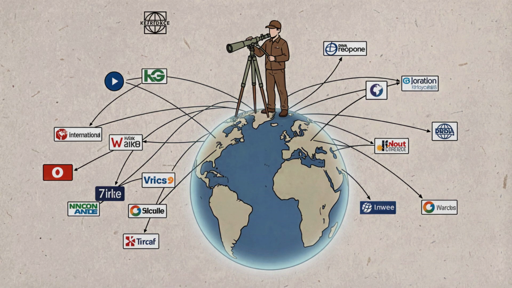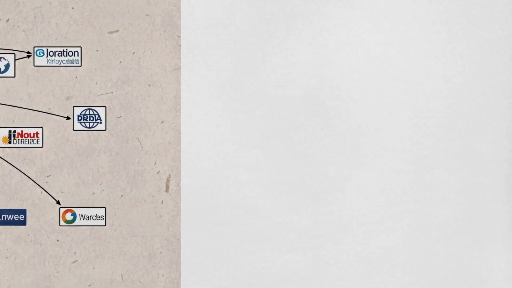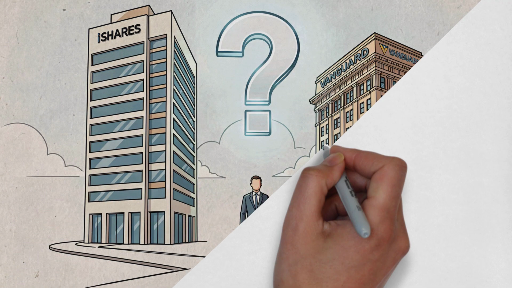Do you choose the iShares MSCI ACWI UCITS ETF? Or do you go with the cult favorite, the Vanguard FTSE All-World UCITS ETF? Both of these funds are the accumulating versions, meaning they automatically reinvest dividends to supercharge your compound interest, and both trade in US dollars as their base currency. On the surface, they look like identical twins.